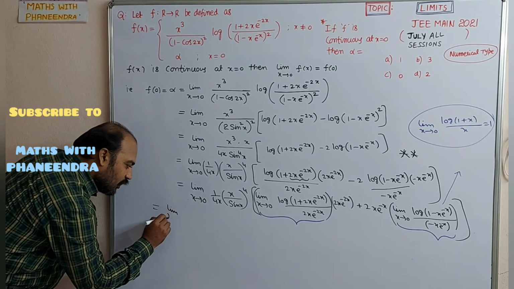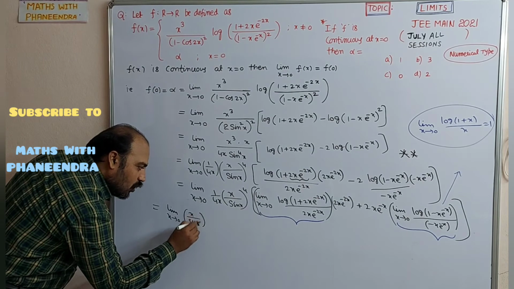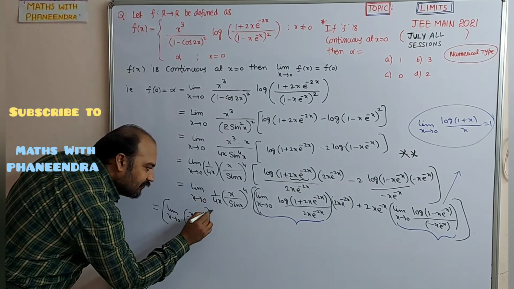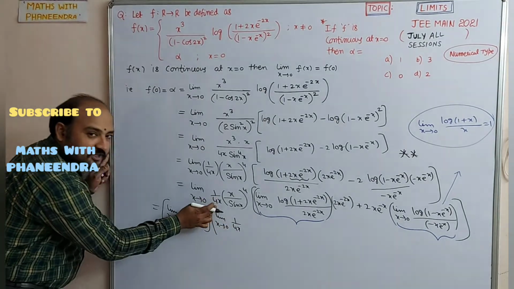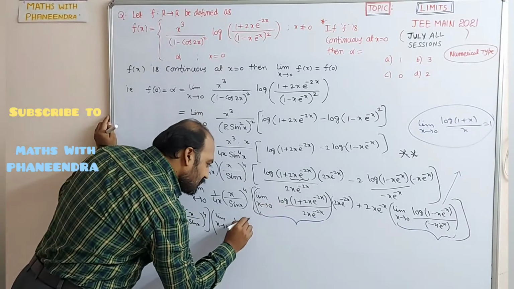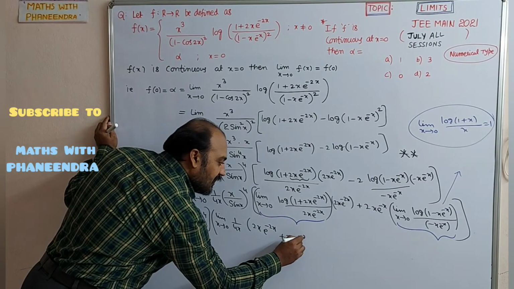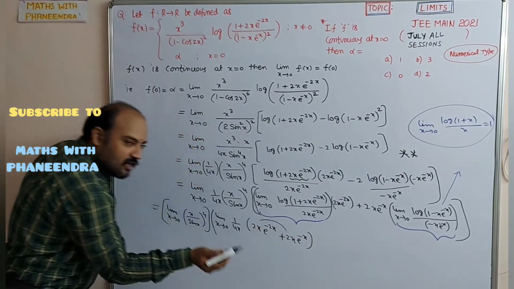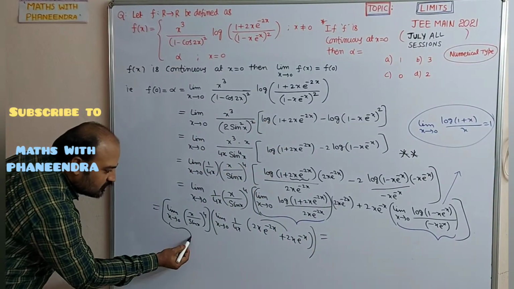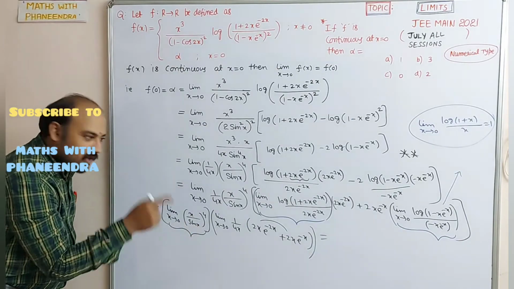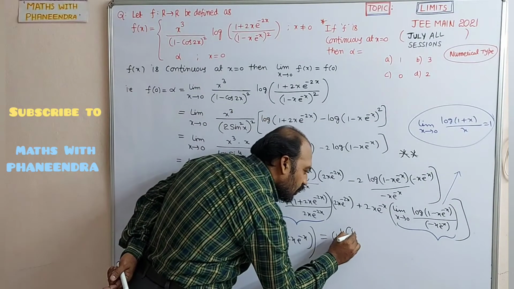Limit x tends to 0, x by sin x power 4, and for the rest of the terms, limit x tends to 0, 1 by 4x, this is the remaining term. And here what are the rest of the terms? 2x e power minus 2x plus 2x e power minus x. Here also take 2x common and apply. So this value goes to be 1 only, no? Limit x tends to 0 of x by sin x value is 1, 1 power 1 is 1. So 1 power 4.